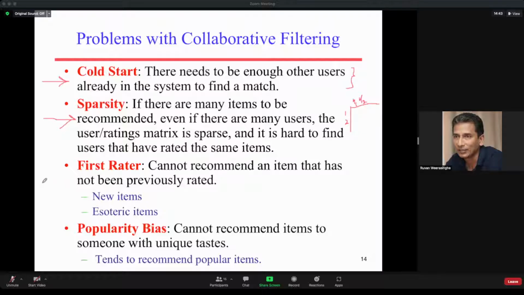So first rate problem is that you cannot recommend an item that has not been rated by anyone. So for instance, new items or kind of esoteric or rare items, right? So there may be people who, I don't know, like this particular antique something, right? But there are not enough such users. All the people are coming for modern things, and so there's no one to rate